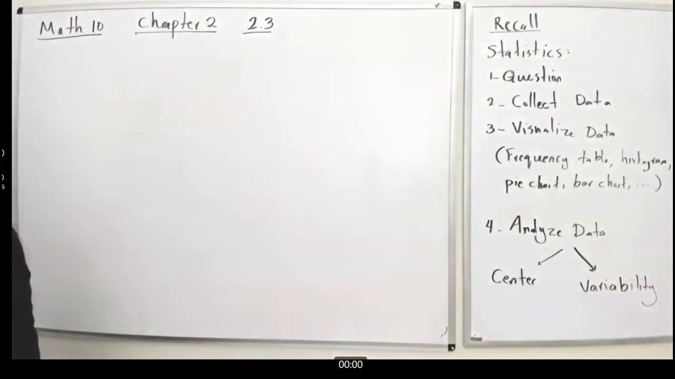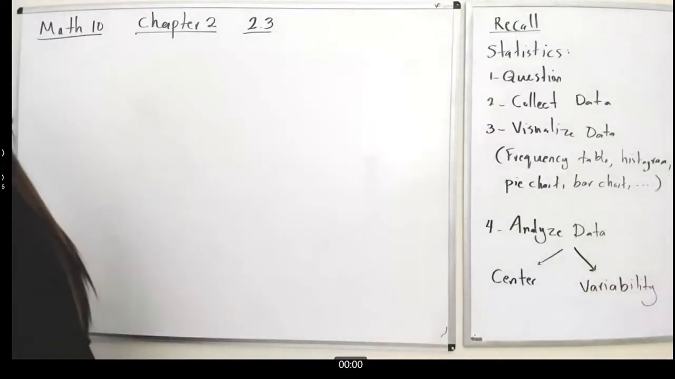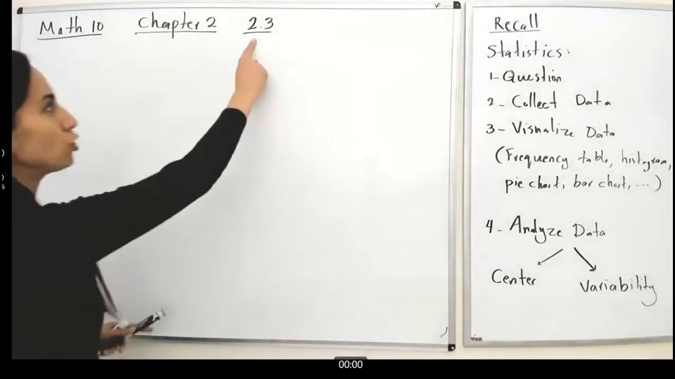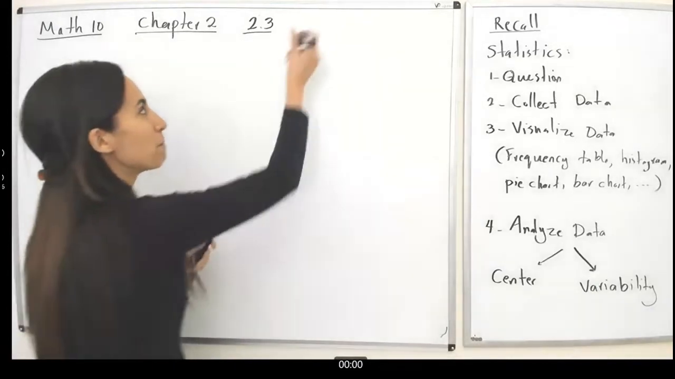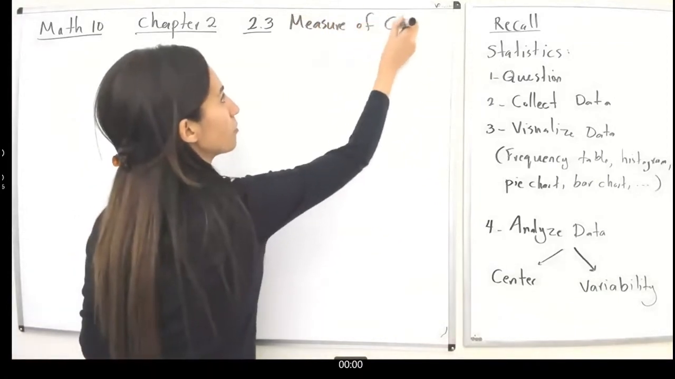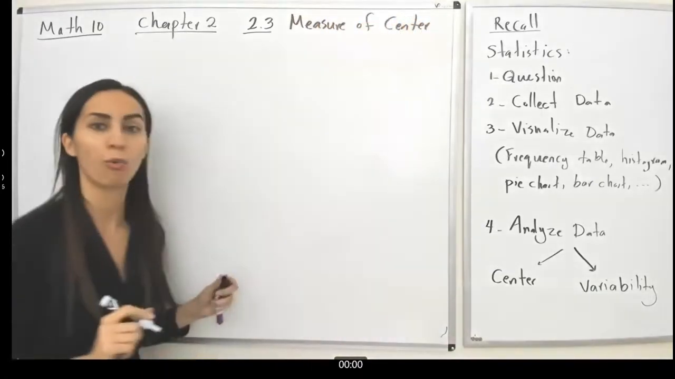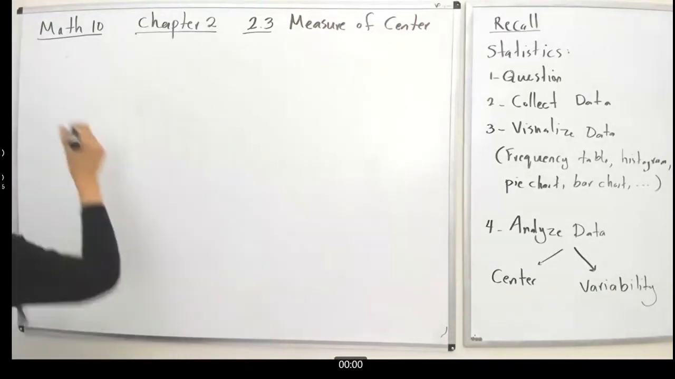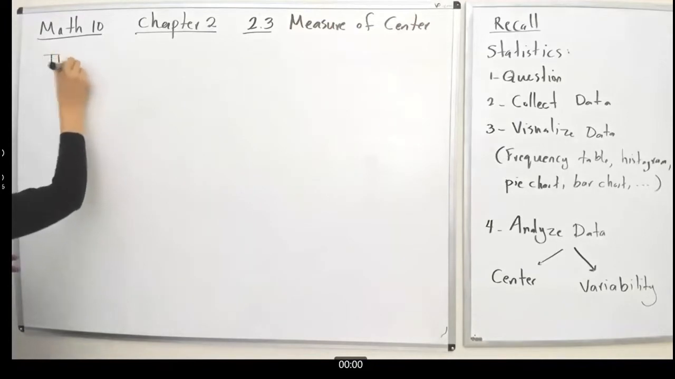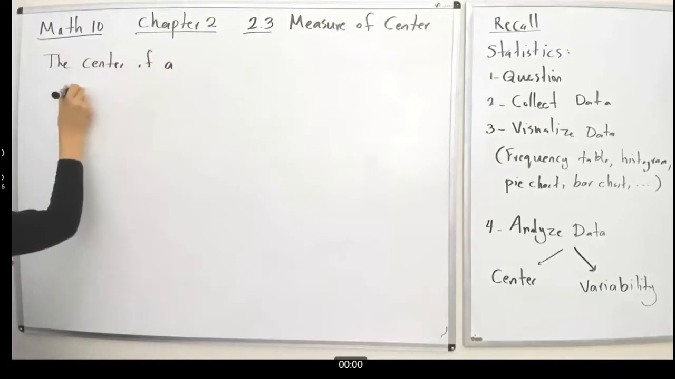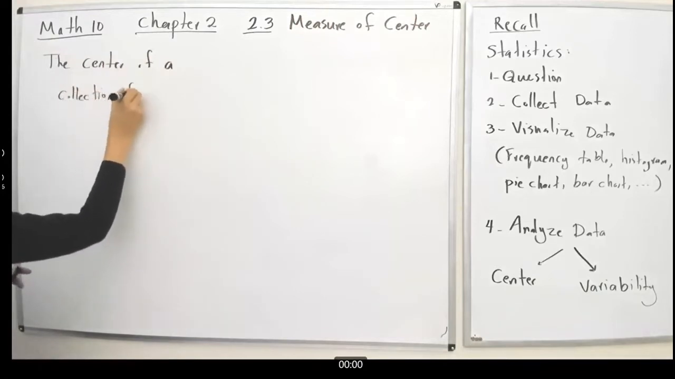2.3, page 1. 2.3 focuses on measure of center. Well, what is the center of the data? The center of a collection of data